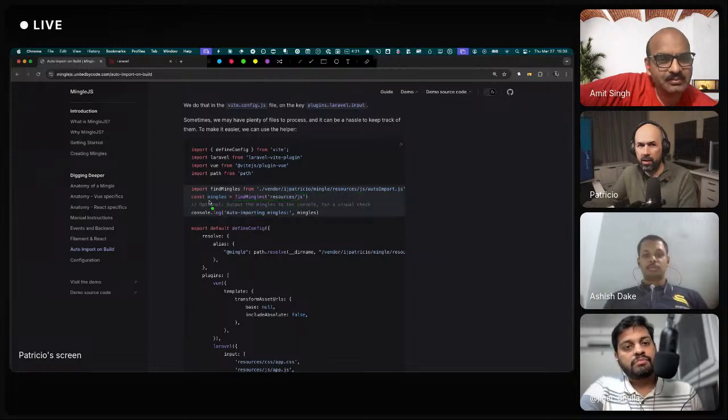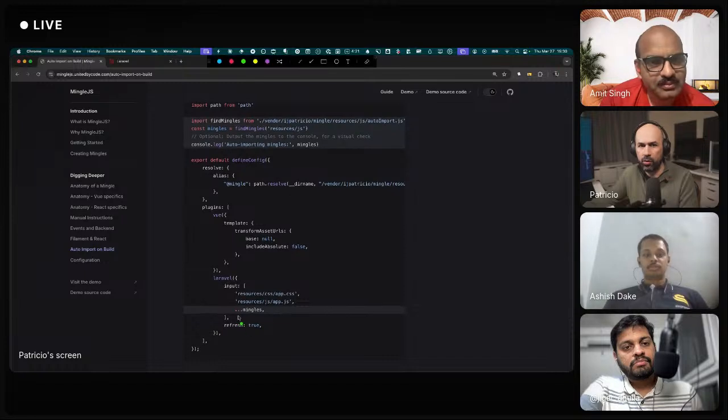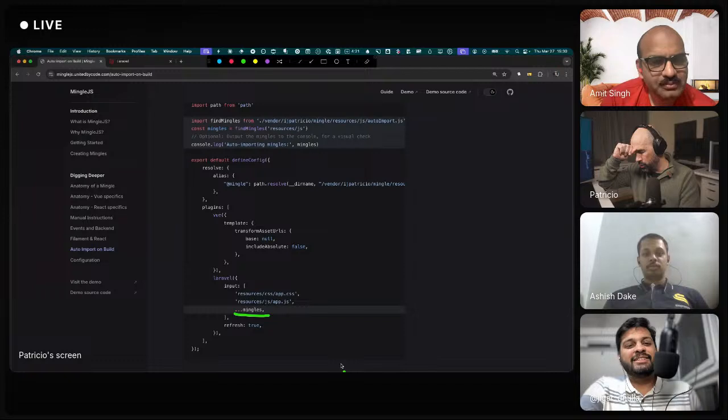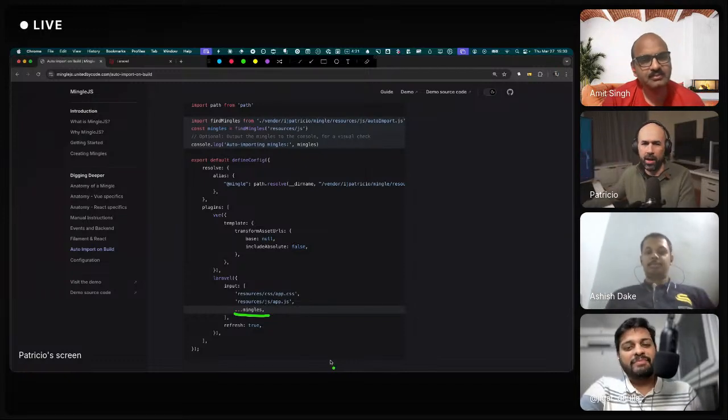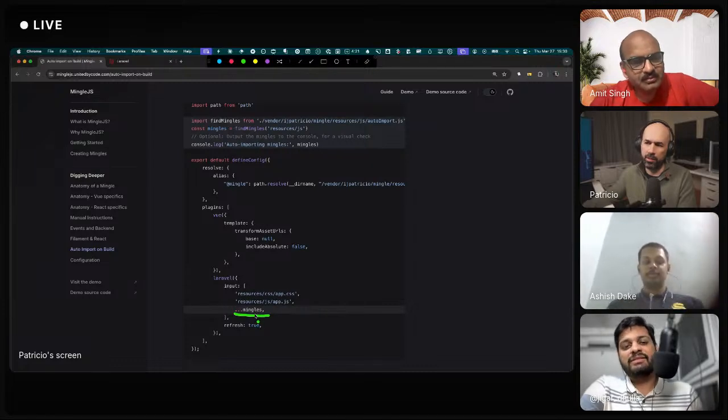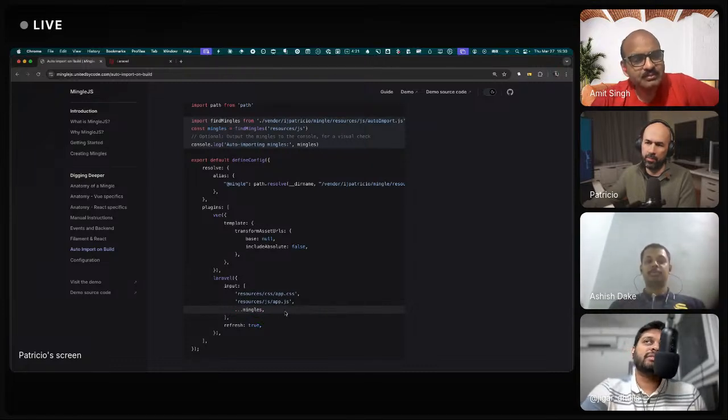And then you use them, you get them, and you spread the array, and all those mingles will be here. It's like this auto load, Composer autoload thing.